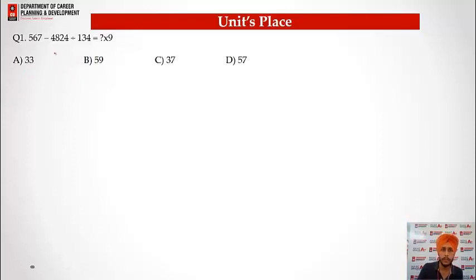So what we will do in the units place method, we will work only on the unit places of any particular question, right? So here we have 567. The unit place of 567 is 7. 4824 unit place is 4. So let's see how to solve the questions with the help of the units place method. So let's take the unit places of each numeric figure. 567, we can write it as 7 minus 4824, the unit place will be 4, divisible by 134, we will use 4